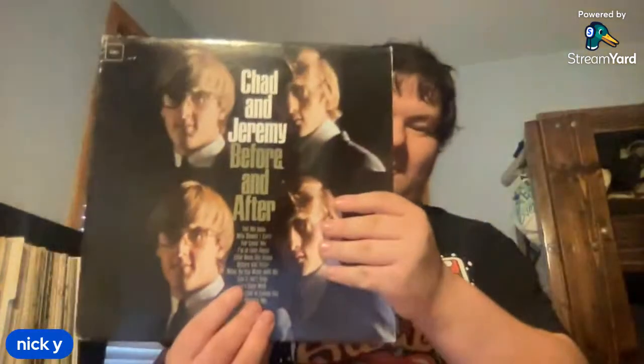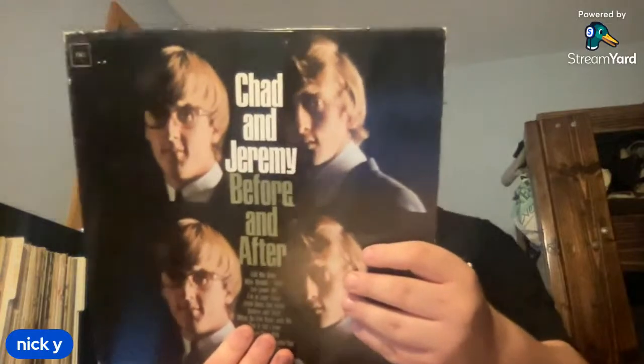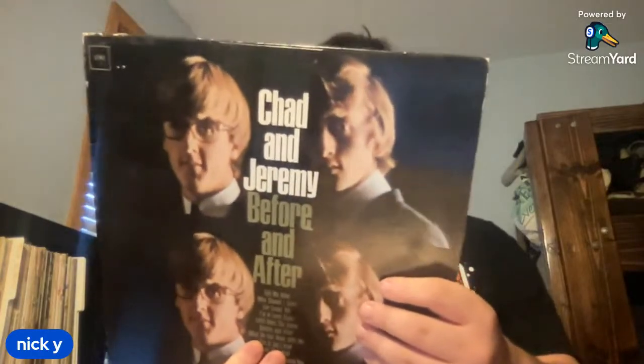Chad and Jeremy, maybe Before and After. Before and After is great. Say It Is Untrue is good. Evil Hearted Me is good. They have good albums. They're probably one of my least favorite of the British Invasion because they never really experimented